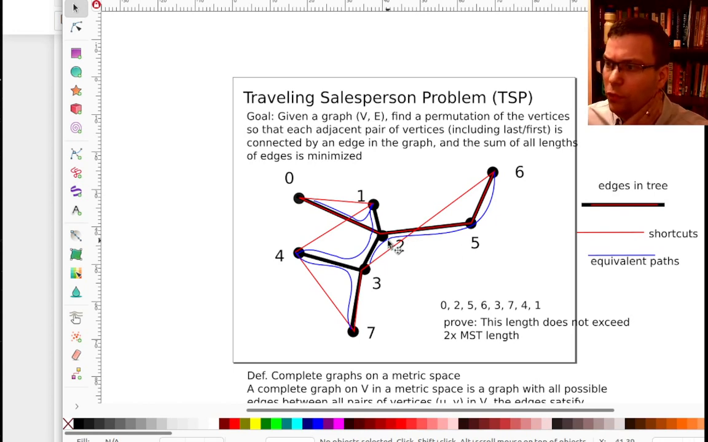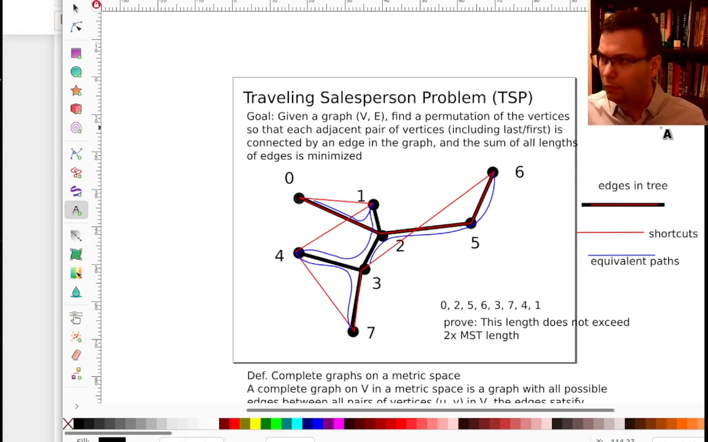Looking at the edge from 2 to 3, I actually count that once along an equivalent path and once along another equivalent path. And so what you notice here is that each edge, so considering the union of all edges in the tree and edges along equivalent paths,